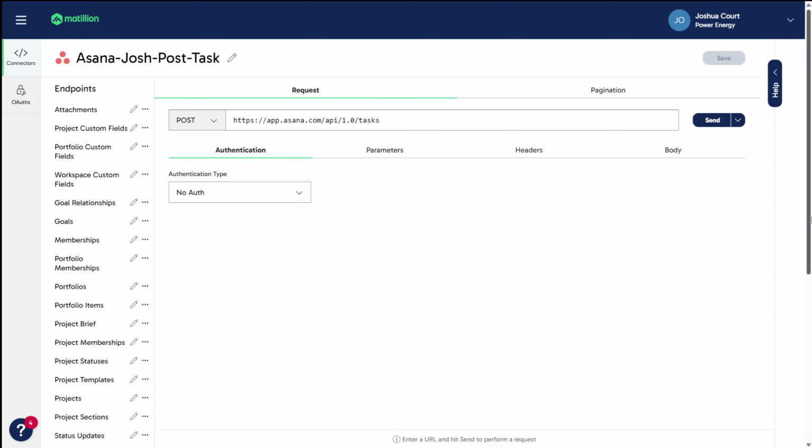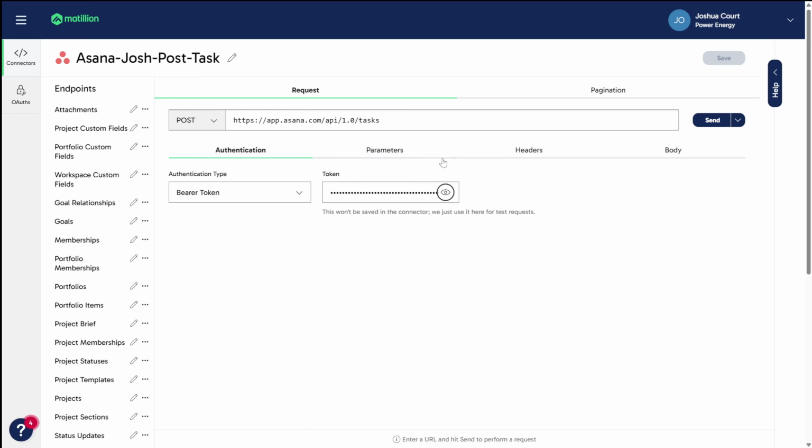Underneath this, there are several headers I can input data for. The first one is the authentication header. Matillion supports various authentication methods, each suited to different API requirements, including basic authentication, bearer token, API keys, and OAuth. In this case, I'm going to specify a bearer token. You will need to obtain details regarding the authentication method and configuration from the Flex connector provider you are modifying.